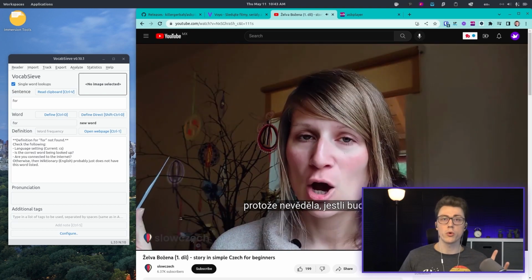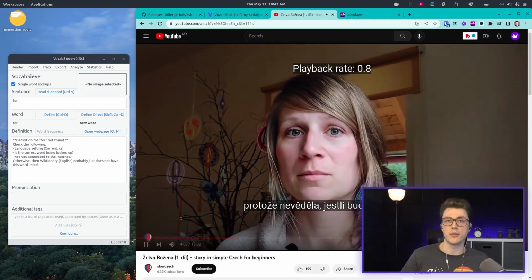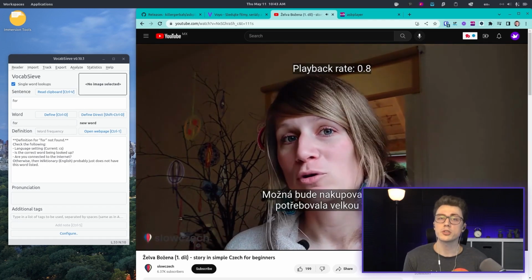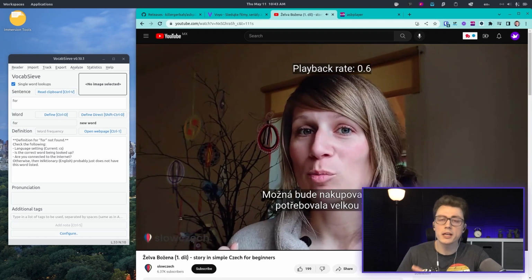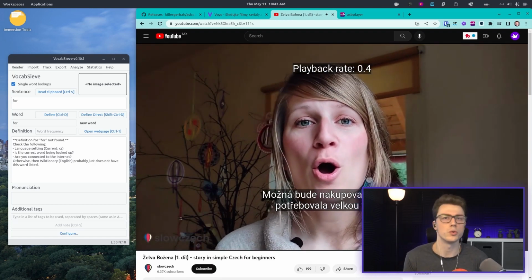You can also hold Control, Shift, and press the various brackets to slightly speed up or slow down the audio. This gives you a little extra time to listen to things. Try not to rely too much on it though, because at some point you will need to be at full speed. It's just an extra tool in your tool belt.